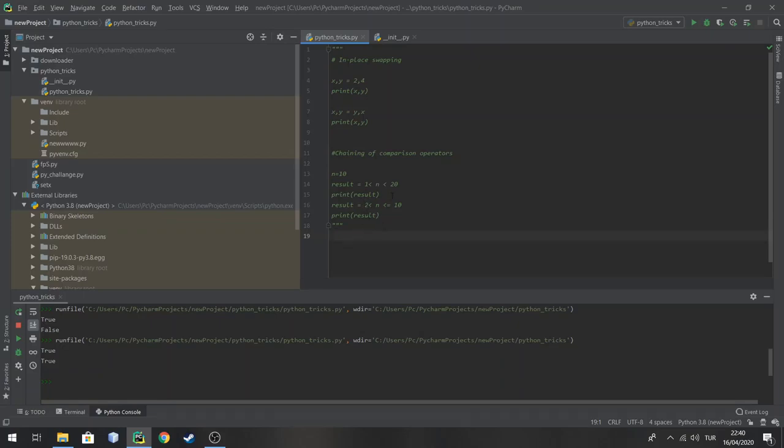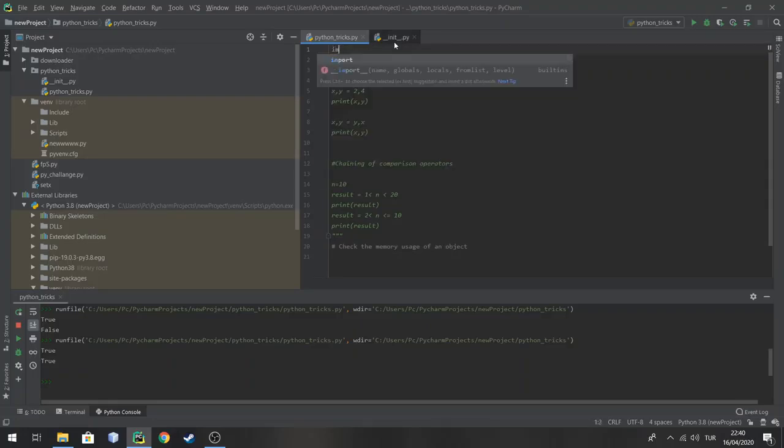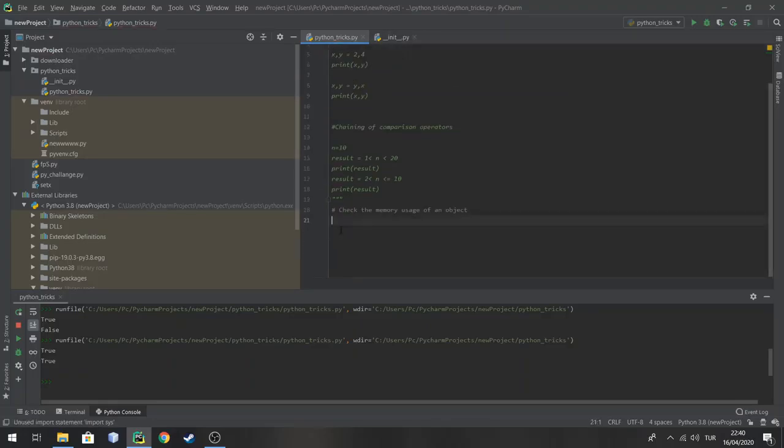So let's look at another useful thing in Python, guys. You can check the memory usage of an object. So how can we do this? If I import sys, which is I think the short form of system,